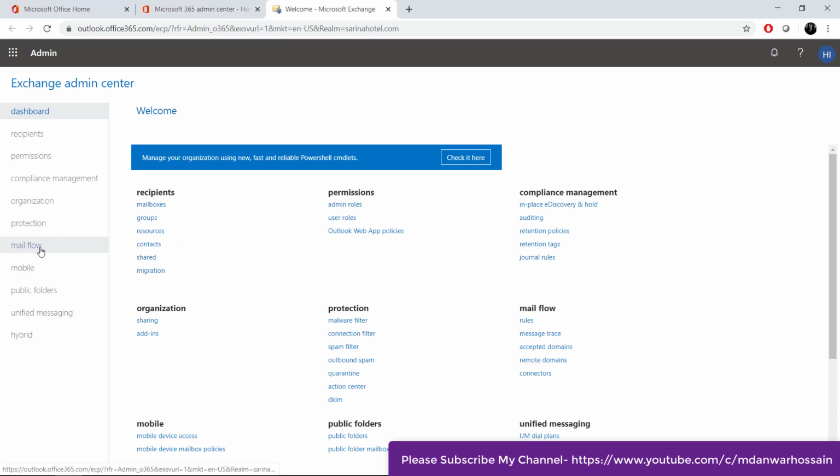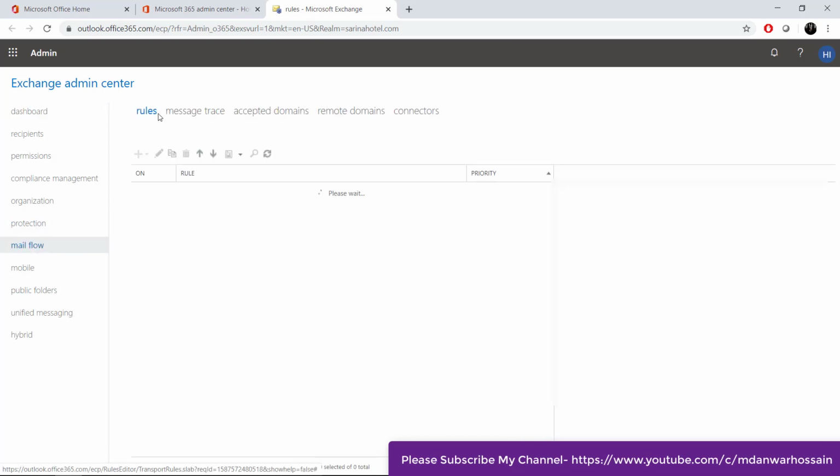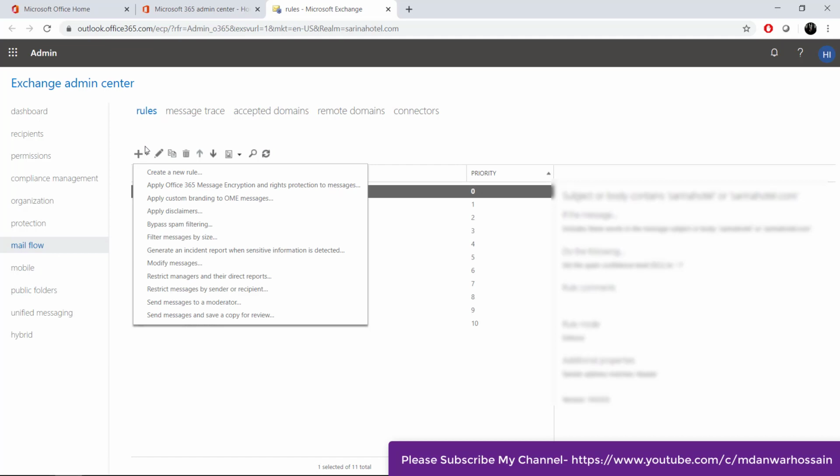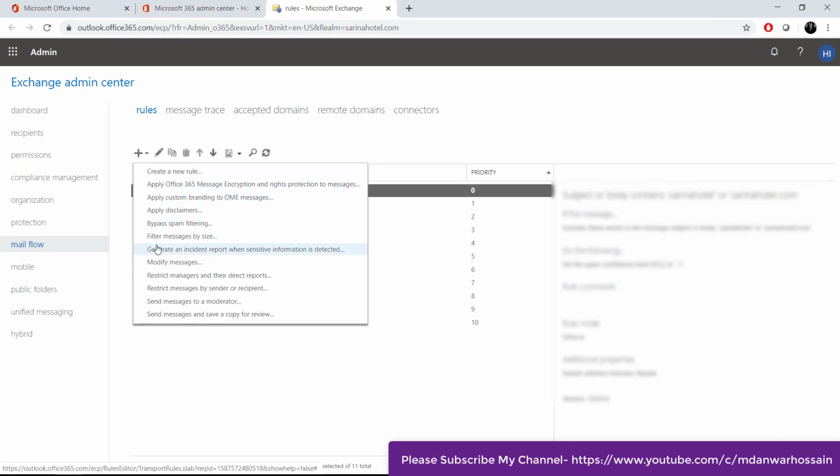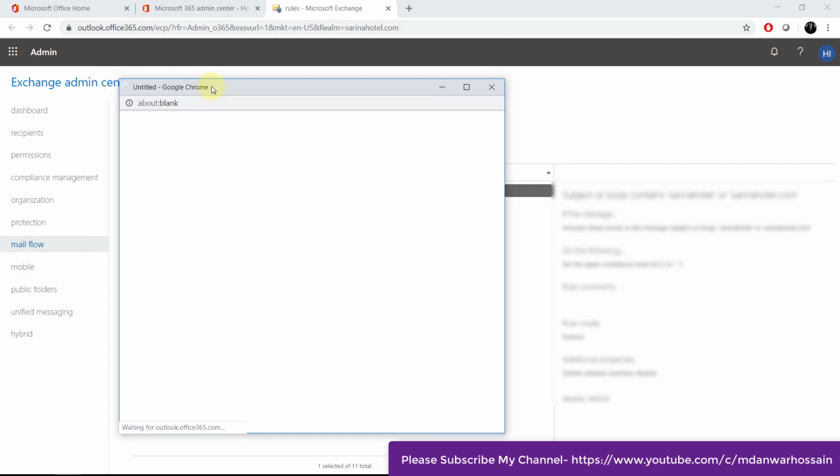Go left, mail flow, then create, then click this drop down, and you can see there is an option filter message by size. Click there.